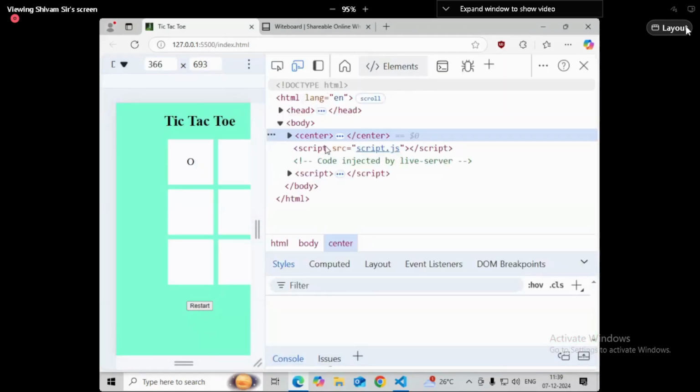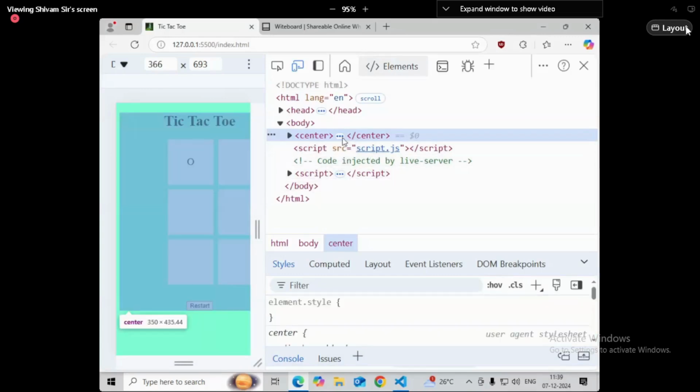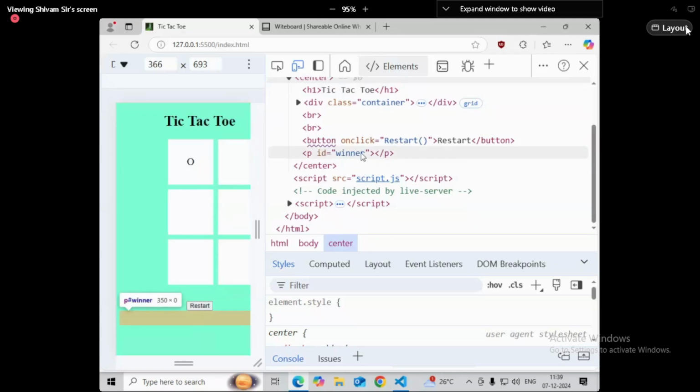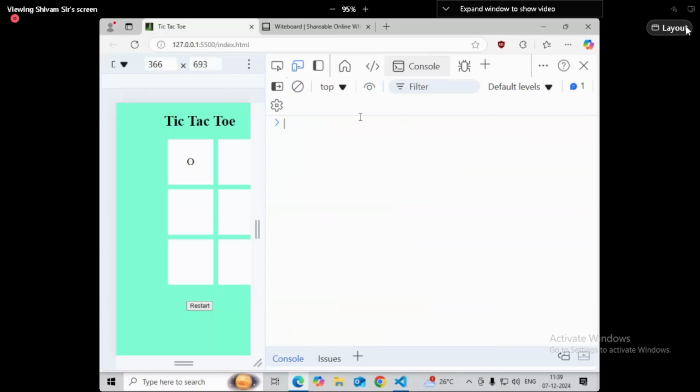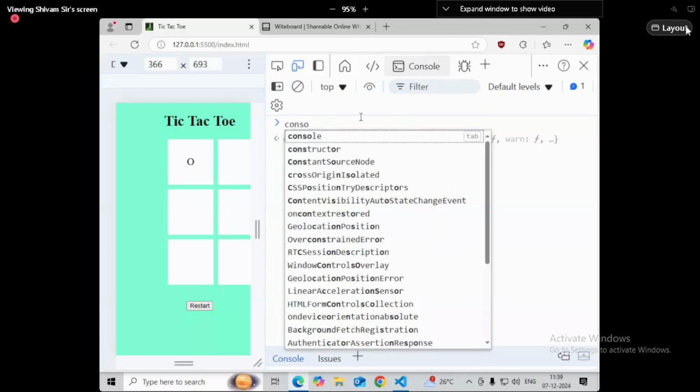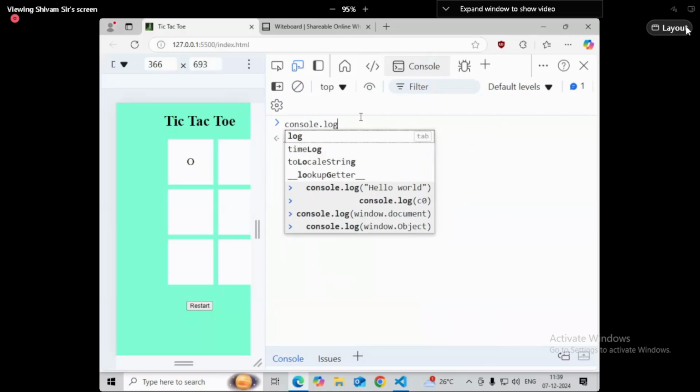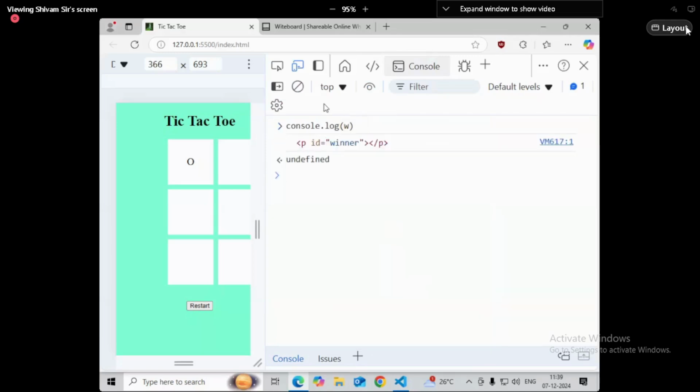Once you go to the code, your paragraph is not having anything. Your paragraph is empty. But if you check it like this, console.log, what is inside W? So W is the